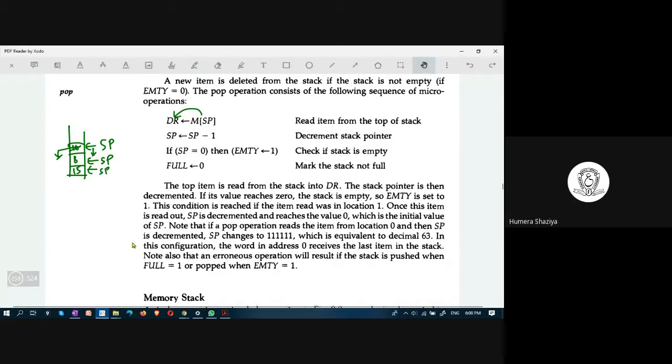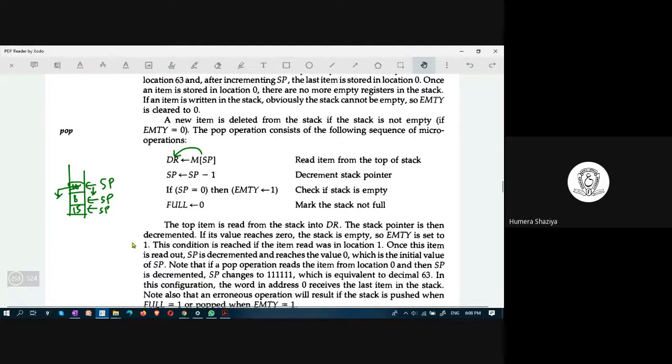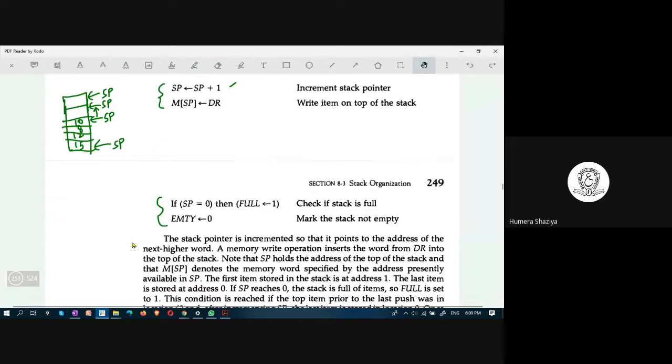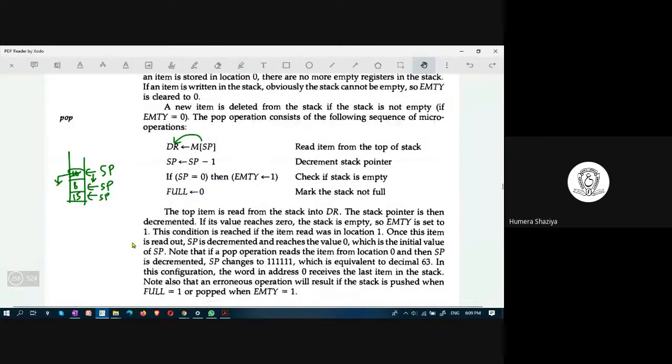When SP is 0, empty is set to 1 and full is set to 0. These two are performed after the push operation. After adding an element, if it is 0, then it is full. After removing an element, if it is 0, again it is not full, rather it is empty.